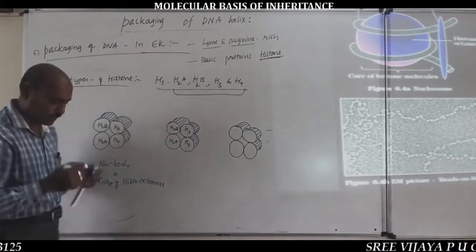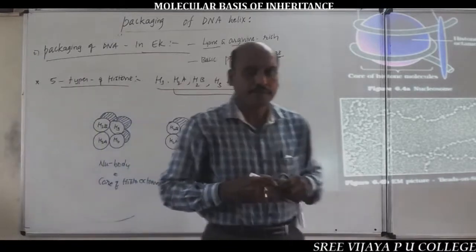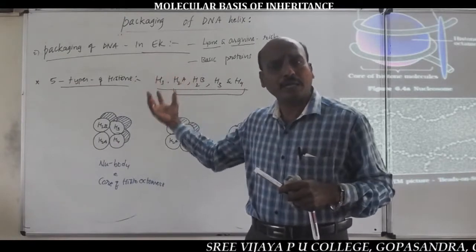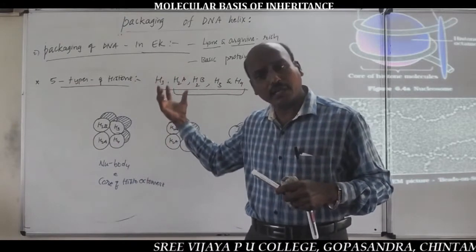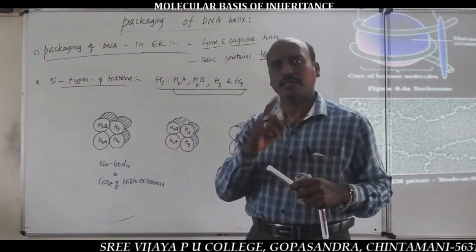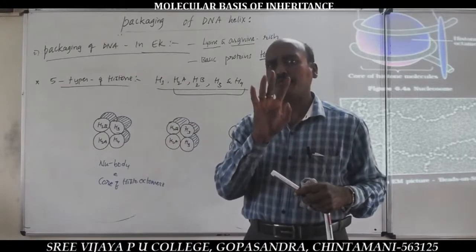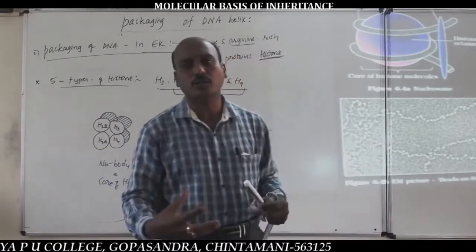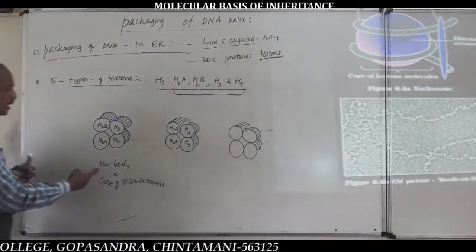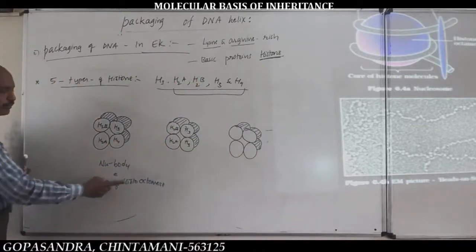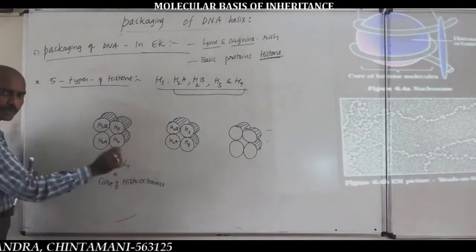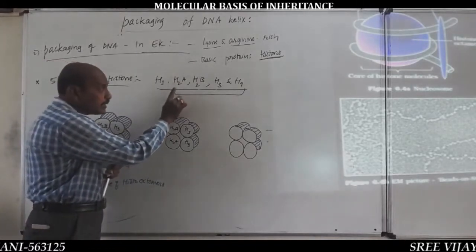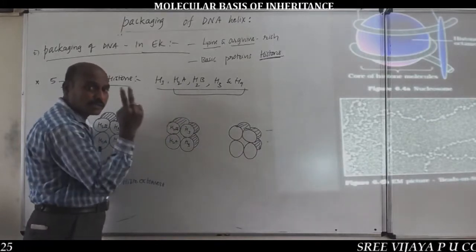Very important. Well, listen here. That's why I was saying very important. It is more complex to explain and very difficult to understand. Well, listen here. Out of 5 types of histone proteins, 4 histone proteins occur in pairs to produce a structure called nucleosome body or core of the histone octamer, because each histone protein exists in 2 copies.